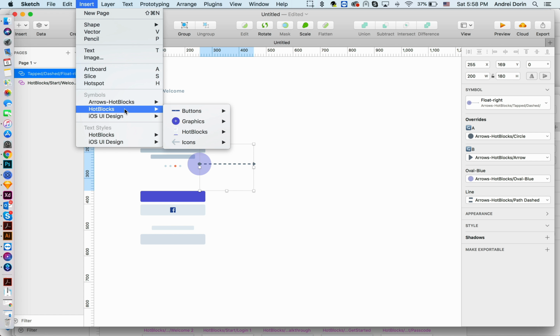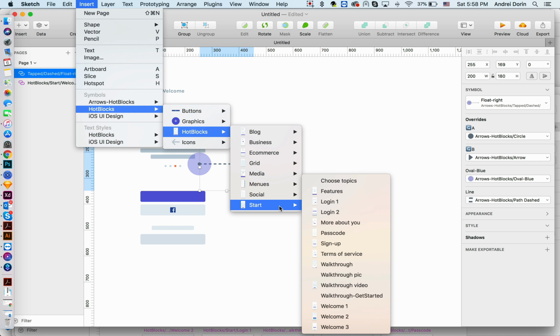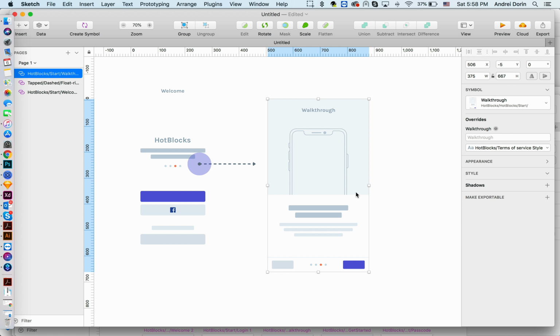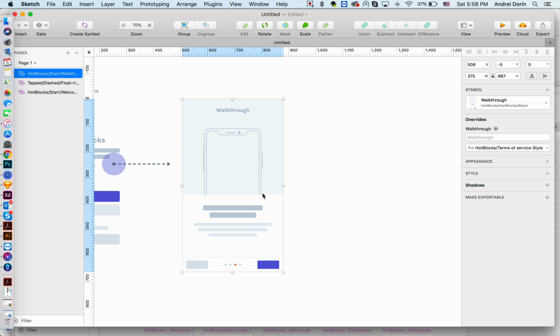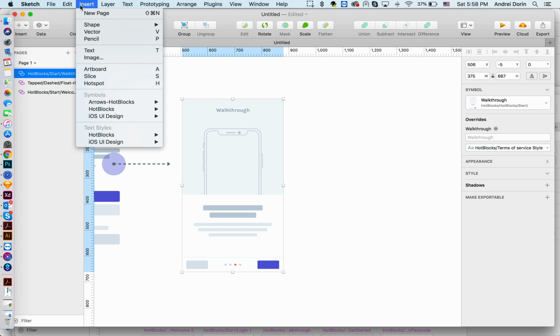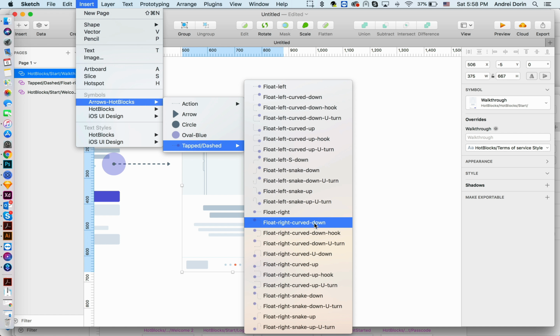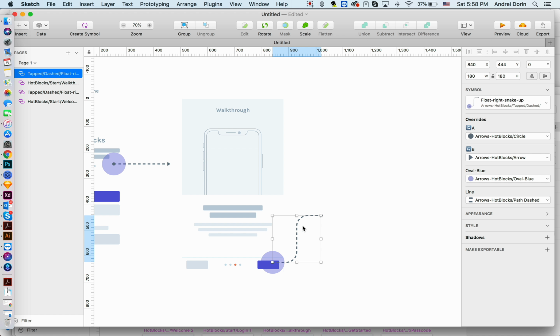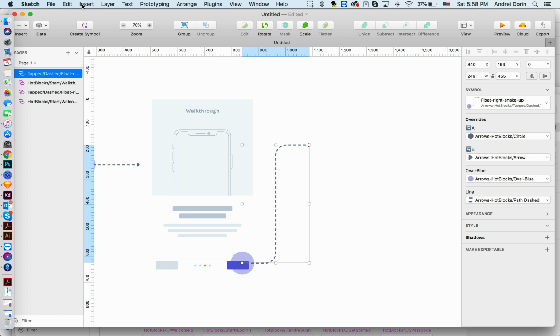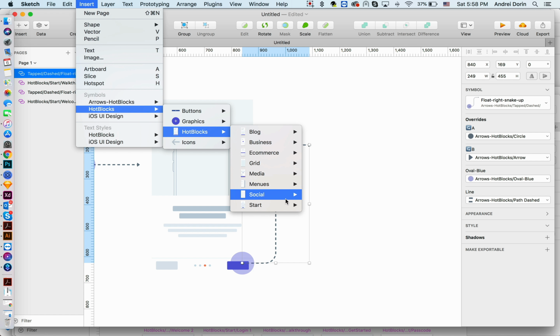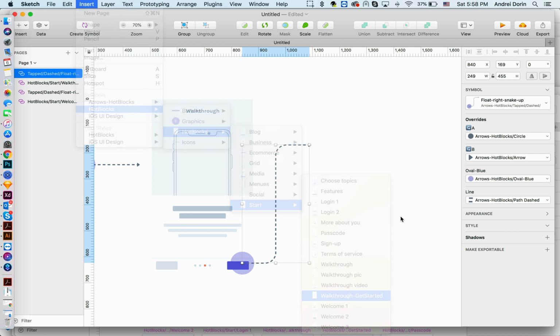After that we can go back to the HotBlocks Start category to pop up a walkthrough process. Here the user can see the most important features of your app and so on. After that, he clicks on the next. We can use an artboard here, a float right, snake up. He clicks on the next button. After that, he arrives on the start and the walkthrough process is